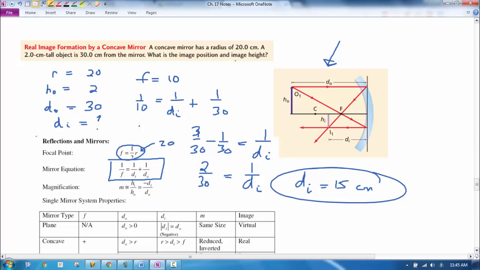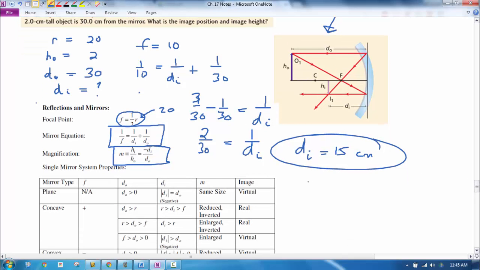And they also want to know the image height. So for the image height, we're going to use this formula now. Now that we have the relationship between distance to the image and distance to the object, we know the magnification. So the height of the image divided by the height of the object, which is 2, equals the opposite of the distance of the image, which we found was 15 centimeters away, divided by the distance the object is away, which was 30. So we can multiply both sides by 2 to solve this,